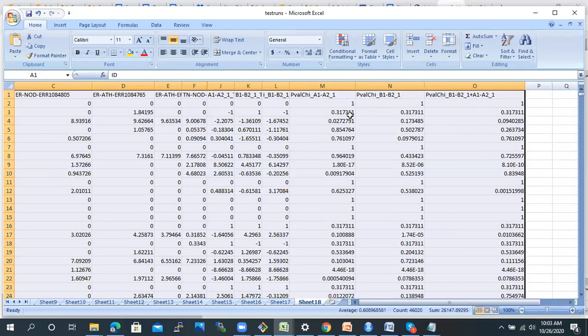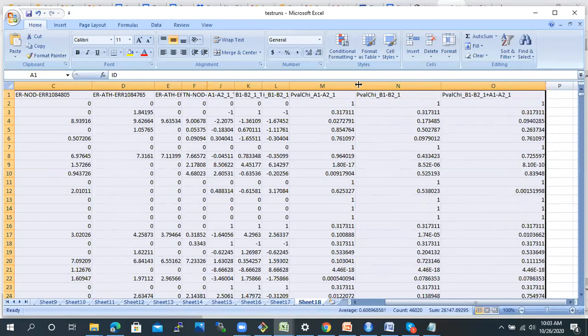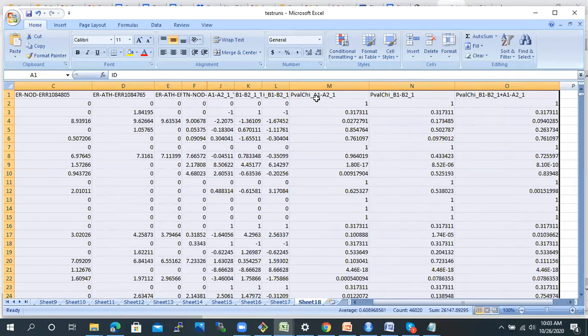If you look at the last 3 columns, you will get the p-value with the chi-square test. Here we have the first factors, A1, A2, and the second, B1, B2.